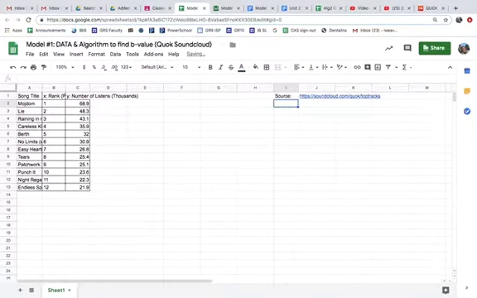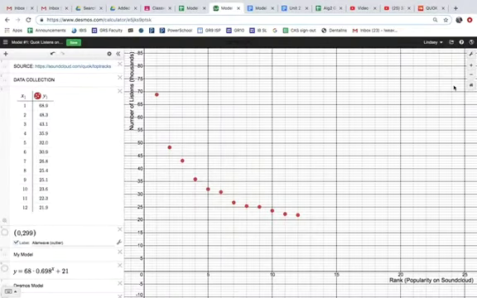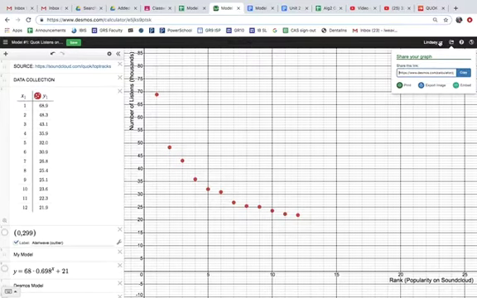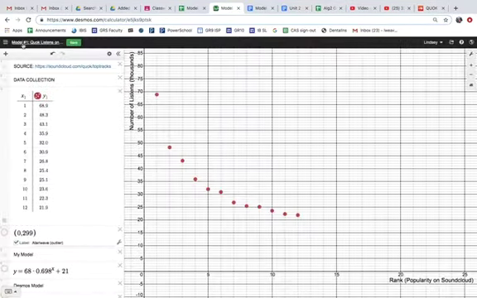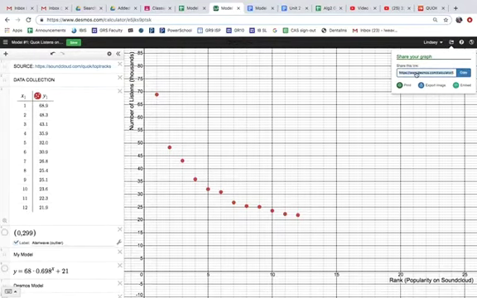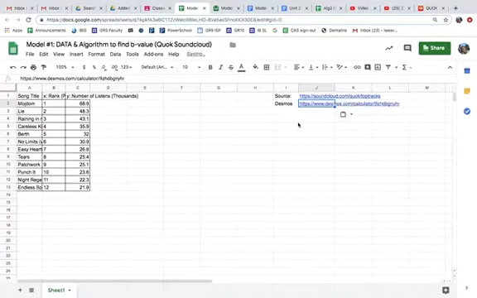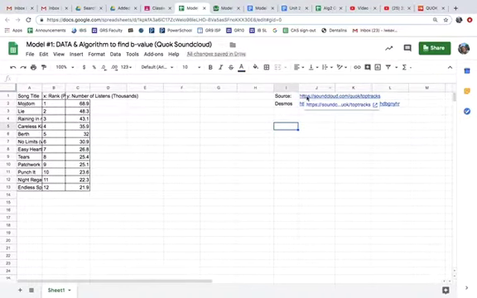And then I also could link to Desmos, our Desmos graph, so I can have easy access to that. Share in the upper right hand corner. Remember, log in, and then you can find your model. It's saved under this menu over here. And then you can find your saved data from that first day. When you open it, you can click share, and then we can put that into our spreadsheet. So now you can remind yourself where you found the data and also where you have your visual of this